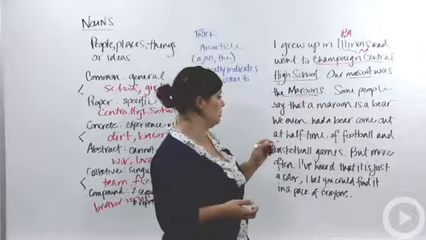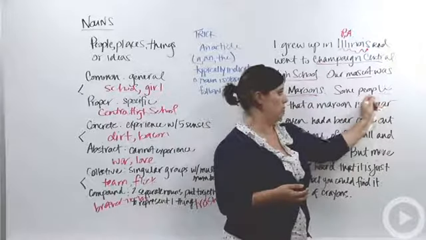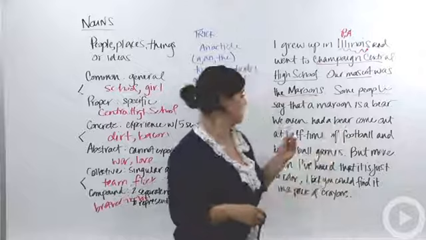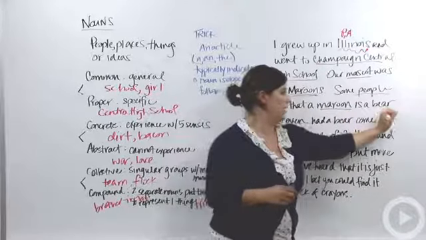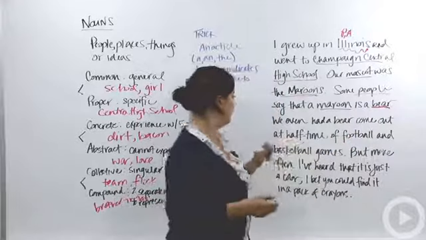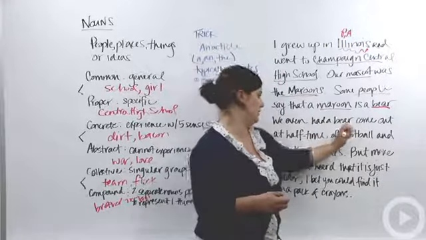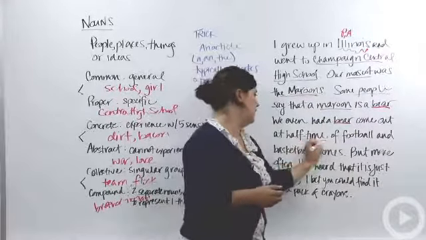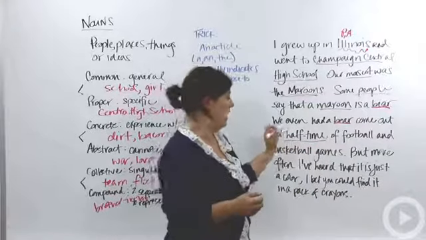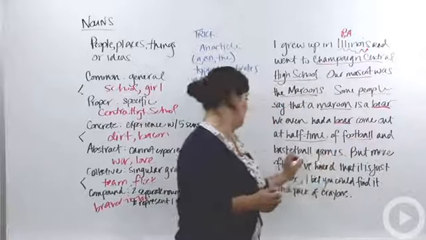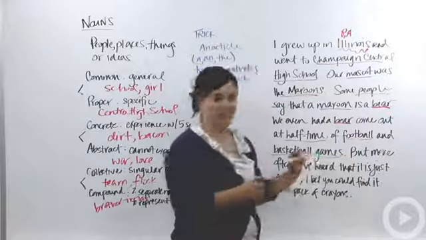Some people say that a maroon is a bear. So people are obviously people, places, or things. Maroon we have again, and then it's a type of bear, which is an animal. We even had a bear come out at, and this is a tricky one, halftime, which is one of those compound nouns that's hyphenated, as is football and basketball and games.